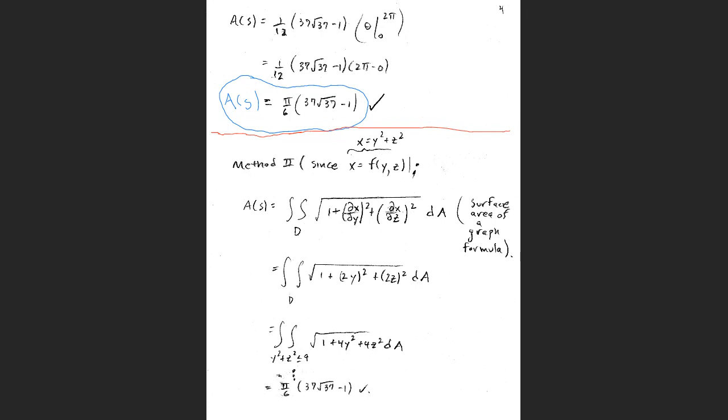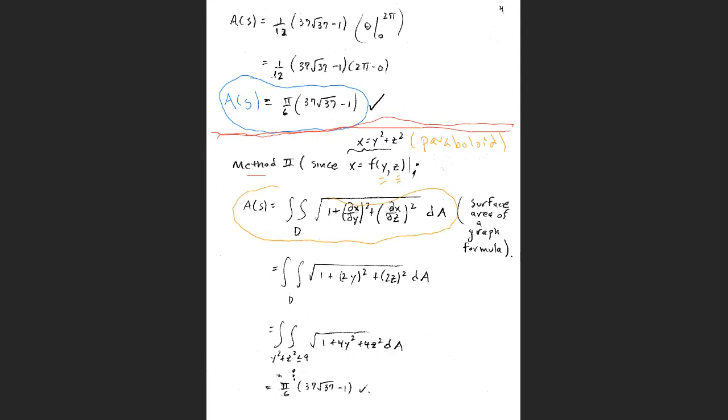But at any rate, now let's go ahead and talk about the second method. The second method, okay, the paraboloid, right? So a paraboloid, this is our paraboloid, x equals y squared plus z squared. That's where all the surface area is on, right? And you can write x as a function of y and z. In other words, x can be thought of as a graph based on y and z. And so the surface area would be equal to this formula here,